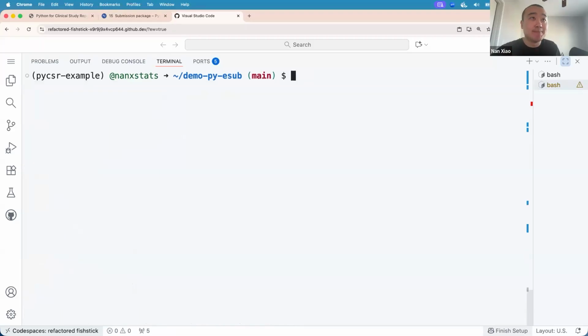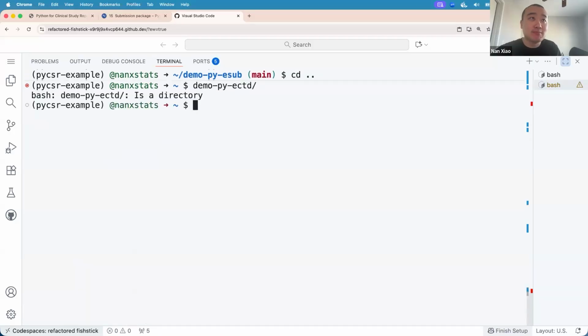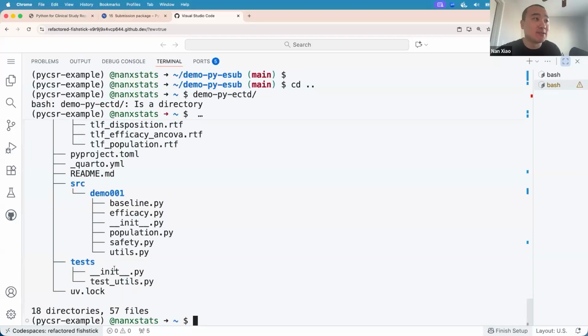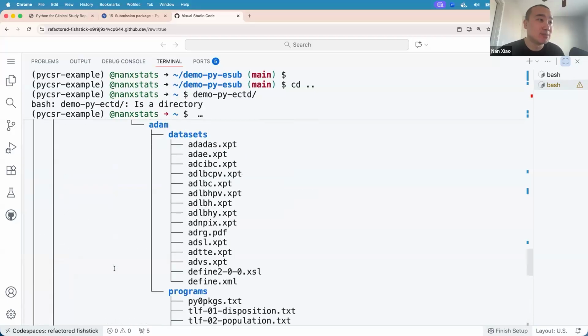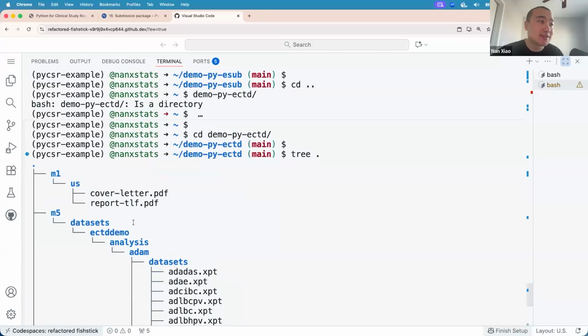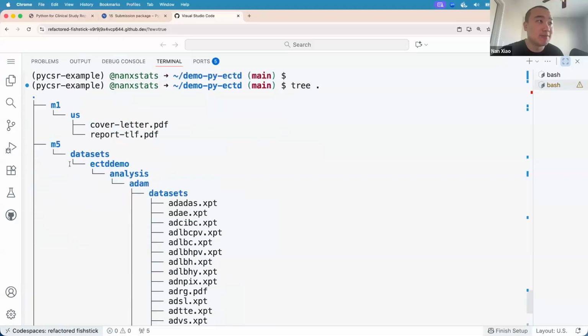And then in the eCTD demo package, I think we have module 1 and module 5 included, right? So yeah, sorry, that was my bad. Demo eCTD, right? And tree. So that's module 1 and module 5.